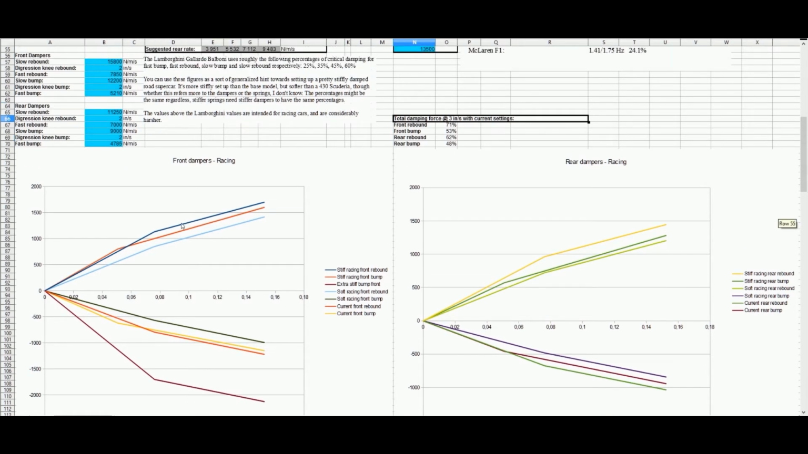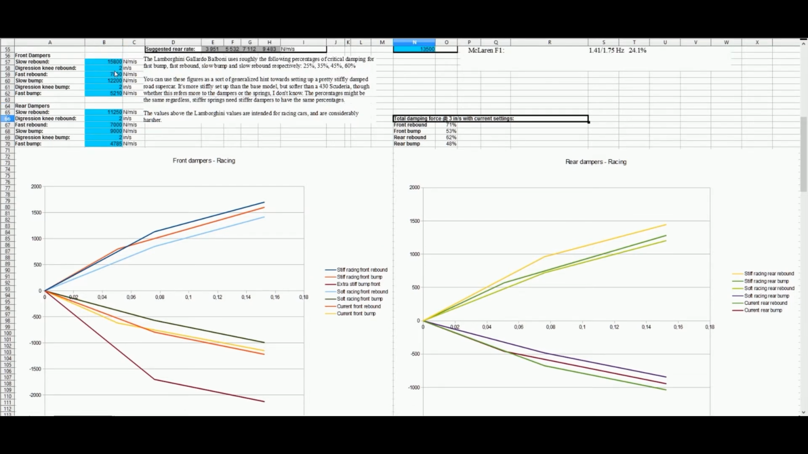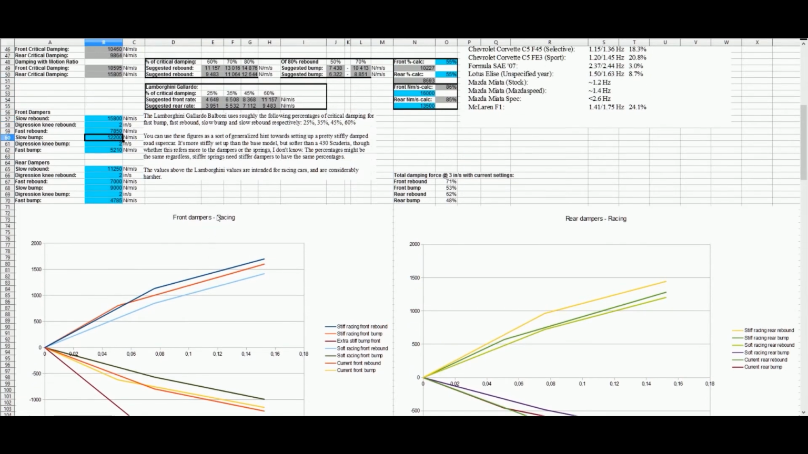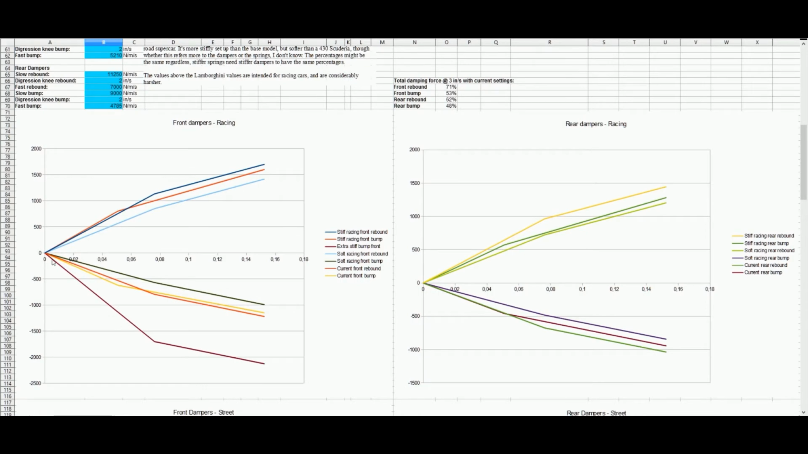So this alone would just suggest that the default dampers are actually pretty good. If anything, the rear rebound could do some stiffening up, but that's not that necessary anyway. And we can also see that despite the 2-inch digression knee here, the initial slope of the current settings for a slow bump at the front is 12,200, which is more than the 10,400 that the calculator suggests here. We can see that the initial slope rises quite a bit steeper than the suggestion would, but because the digression knee is here, the fast rate takes over and the total forces end up being a bit below the